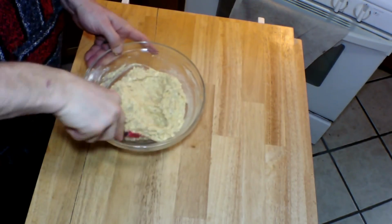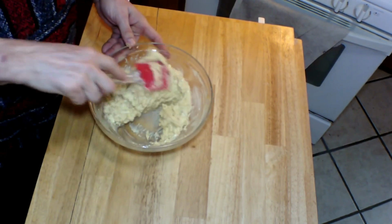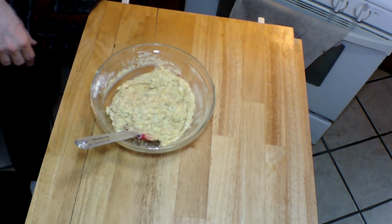Now here's what we end up with. We end up with kind of a loose mixture here. It's not really a dough, in my opinion. And let me show you what we're going to do with that. We're going to take our